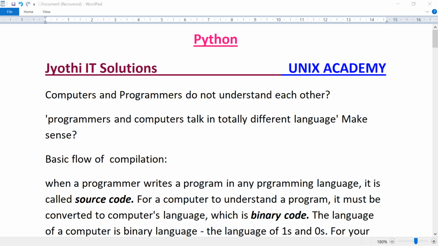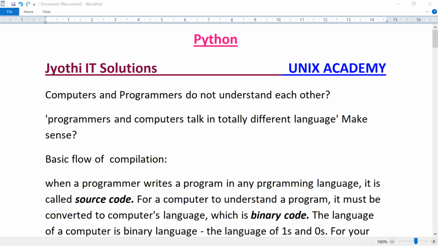The programmer writes programs in a specific programming language code such as Python, C, C++, Java, etc. But computers cannot directly understand what the programmers have written because computers understand a totally different language called, no, sorry, machine language. This is called machine language.